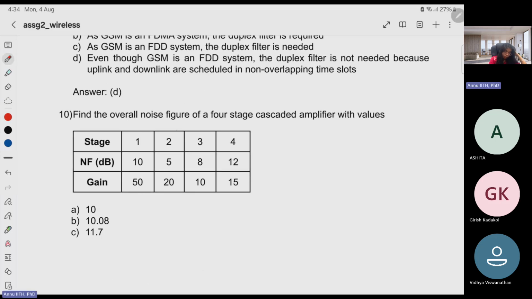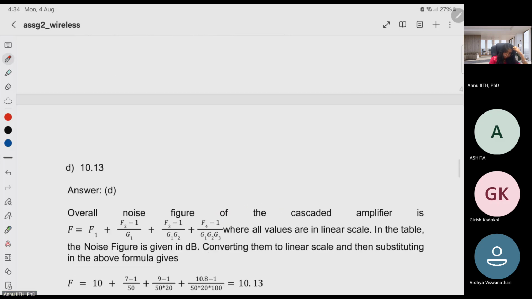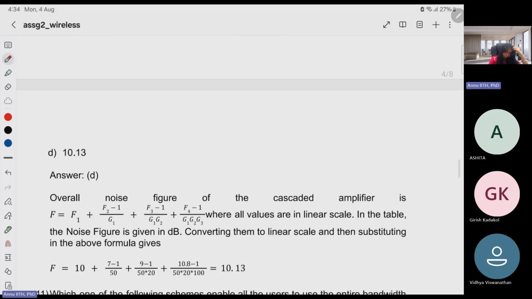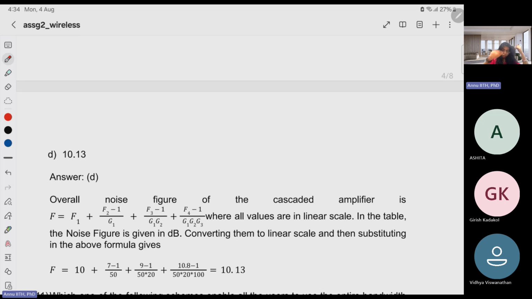Find the overall noise figure of the 4 cascaded amplifiers. So what was the formula? F is equal to F1 plus (F2 minus 1) divided by G1, plus (F3 minus 1) divided by G1 into G2, plus (F4 minus 1) divided by G1 into G2 into G3. Right? And once you add all those, you will be getting the result,